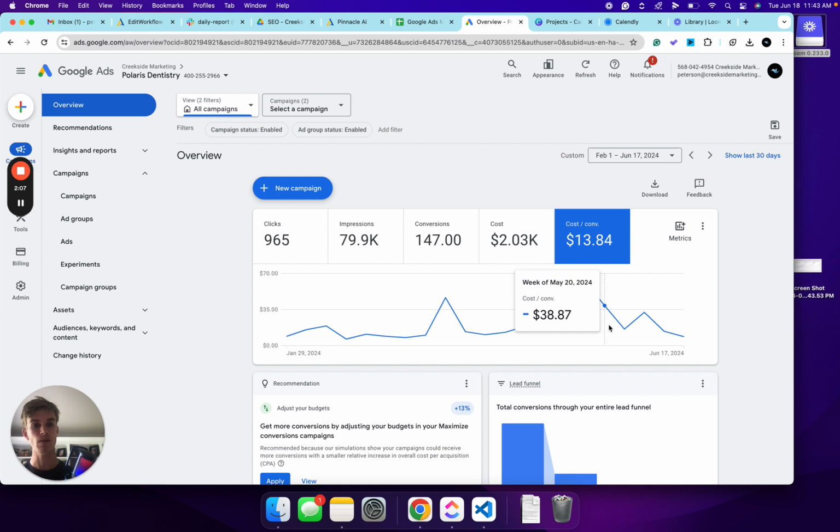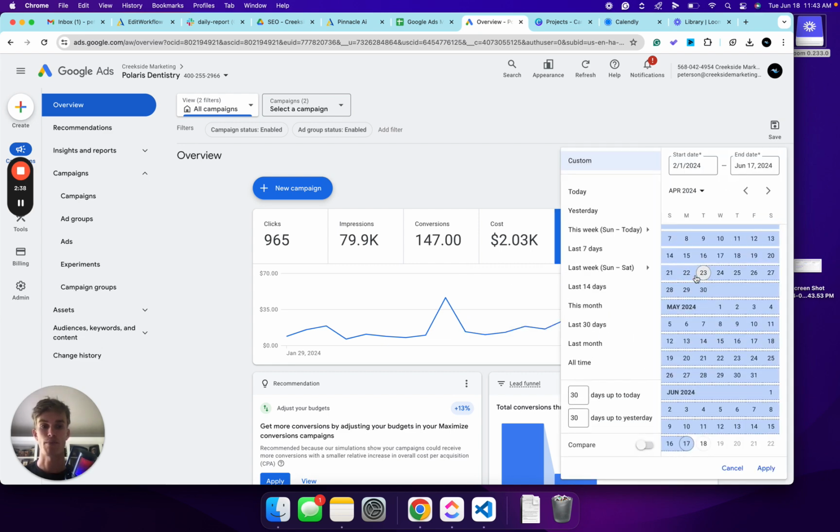But for the cost per conversion, you can see that we started down here around $10-ish. Obviously there's a little peak right here, but overall we're averaging about $10. And then once we come up here, huge spike right here. That's not great, but you can see that we're averaging around the $20 mark if you average in this high cost per conversion. So what I like to do, just to make sure there is a clear and obvious difference between how the campaign started 4 months ago and how it's finished,